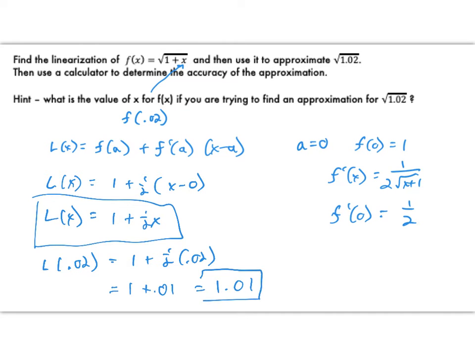And here is our approximation. Okay, that's our approximation. So now I'm grabbing my calculator off camera here, and I'm going to find what the square root of 1.02 is. If I do the square root of 1.02 in my calculator, let's go to several decimal places here, it's going to be